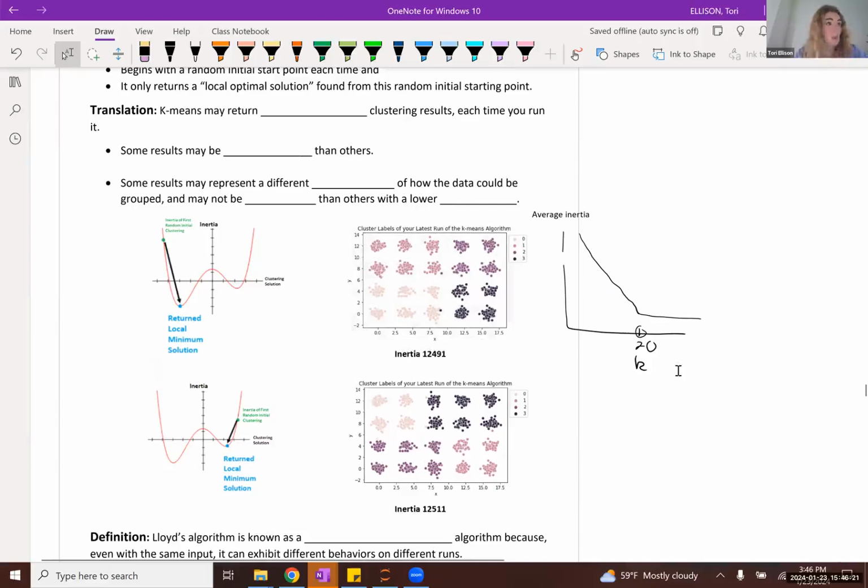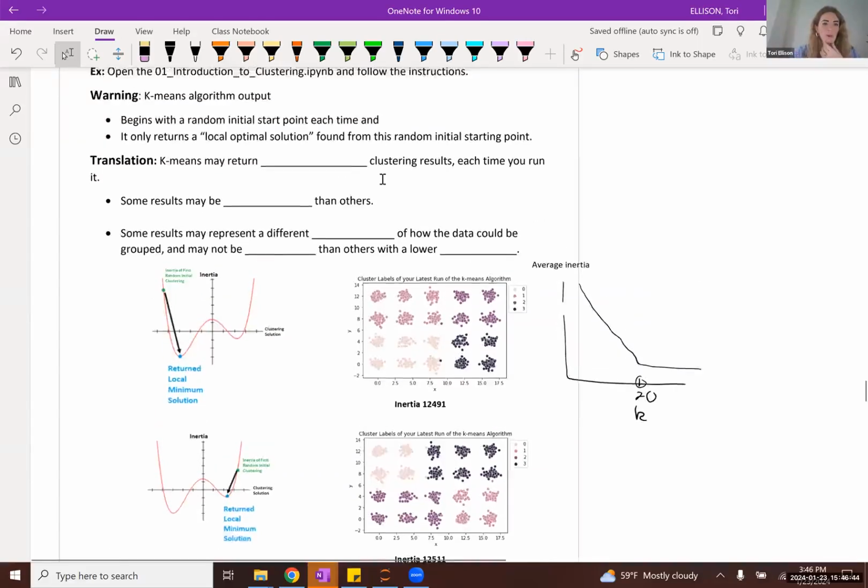Technically, I think the best clustering would be the one in which we cluster the data set into 20 clusters. But what we're seeing here is that if we chose to cluster this data set into just 4 clusters, we're actually getting a different clustering that perhaps represents a different facet of the data set itself.